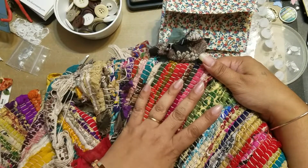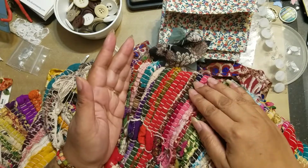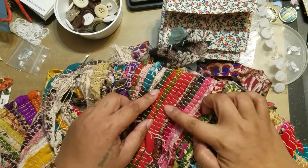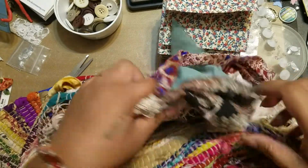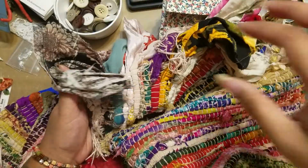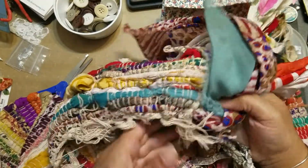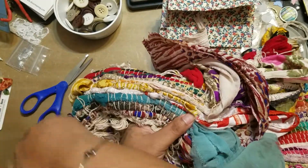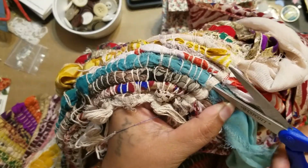I know they're fibers, and I don't want to sound like, yeah, they're fibers, but I just never put two and two together to see what kind of fibers these rugs were actually made out of. So I picked this up today at the flea market for $1, and I am currently cutting it apart. This is what I was doing. I was basically cutting up each